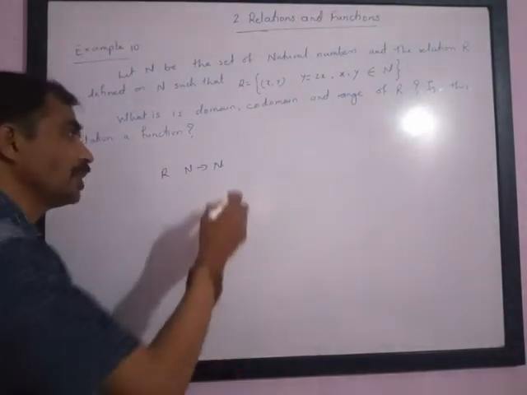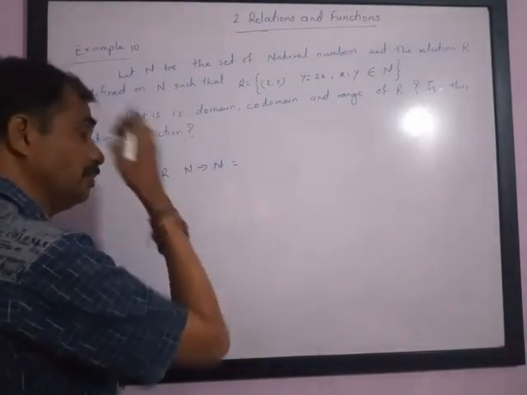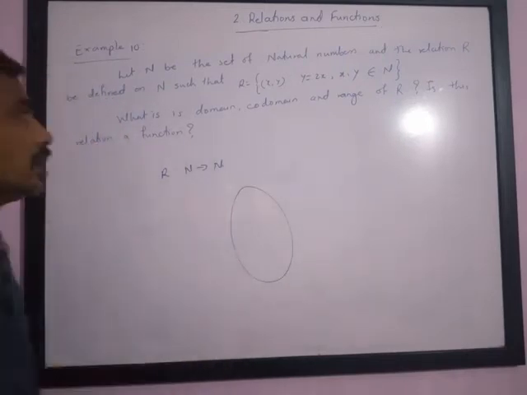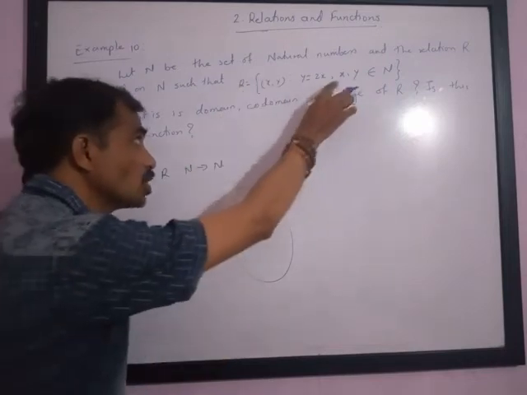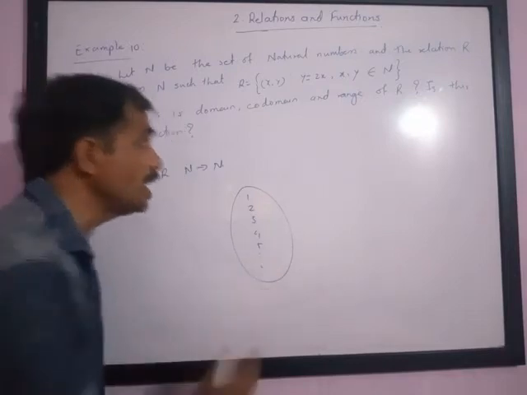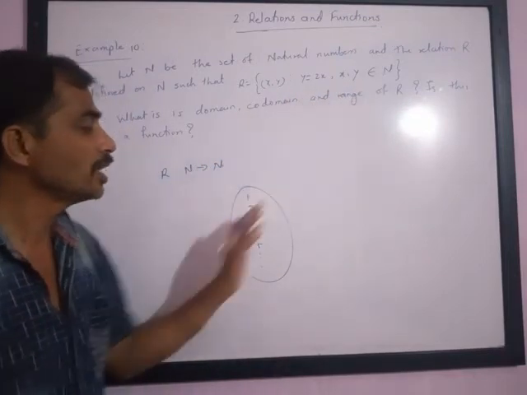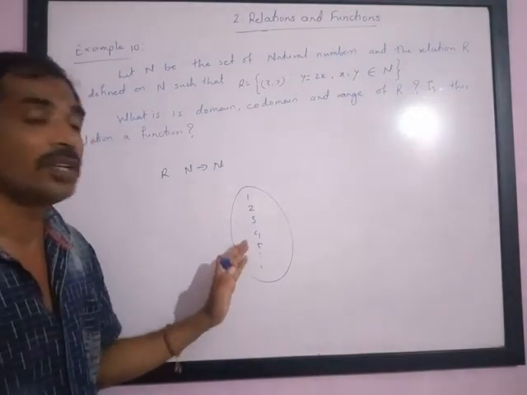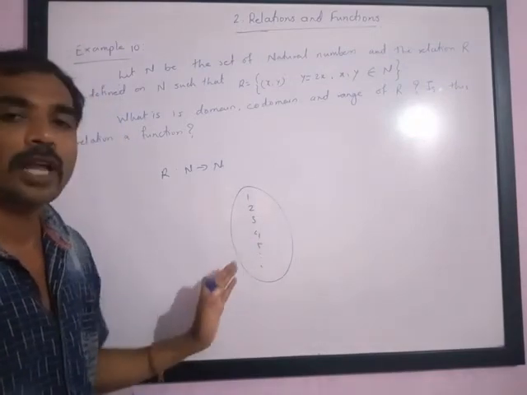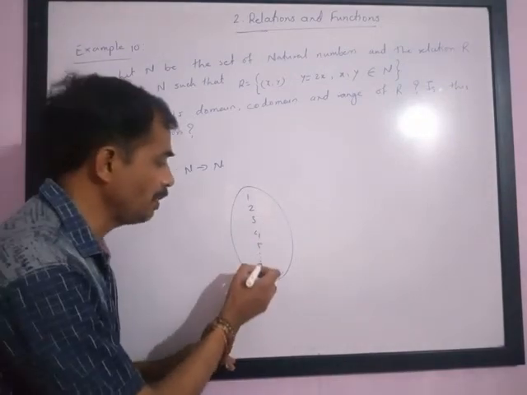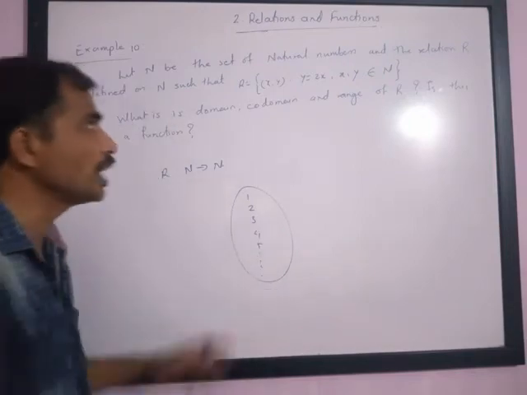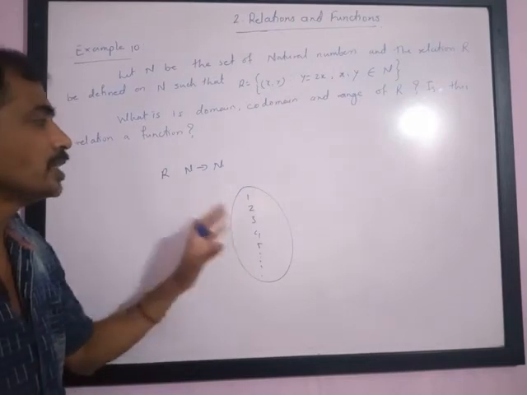What does this mean? Let us understand with the help of a diagram. I will try to make you understand this. A is the set of x, where x belongs to natural numbers 1, 2, 3, 4, 5. Please understand, it is a set of natural numbers. It is an infinite set, so we cannot represent it with the help of an arrow diagram or a set. But just for your understanding I am trying to draw. This is an infinite set. We cannot write all the elements of natural numbers in this form.